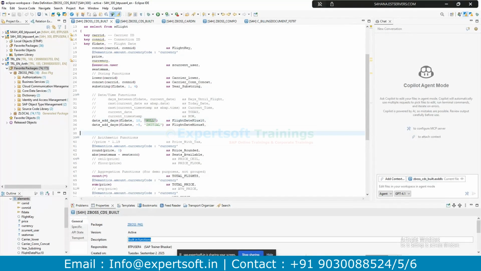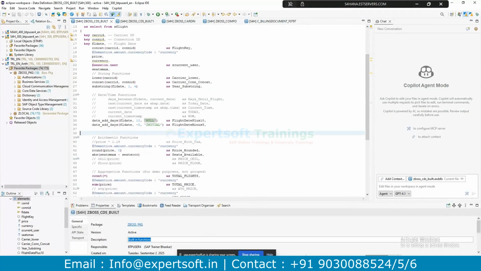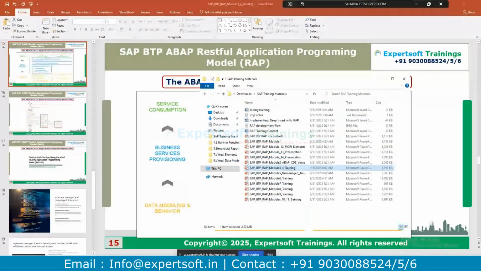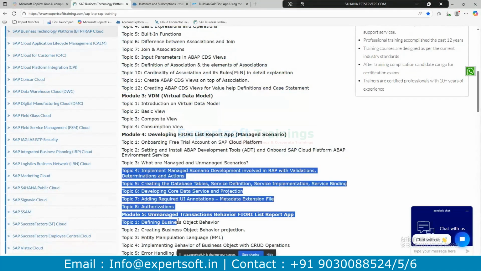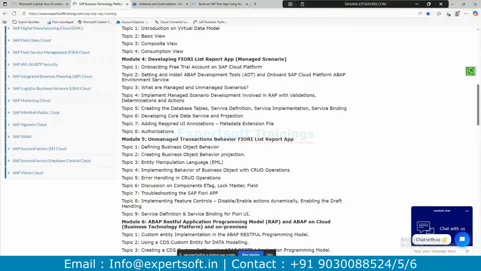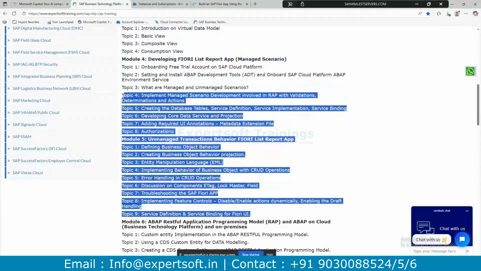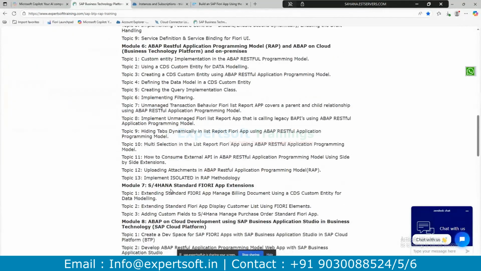We'll see that next. I think I've covered almost everything for today. We will implement the managed scenario from topic 4, week 2. I will try to go slowly because this is a major important one for the RAP concepts. I think it will take 2 more sessions for this. We'll see. The rest is side-by-side extensibility and all.